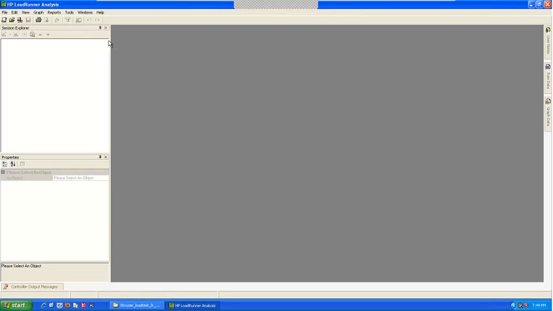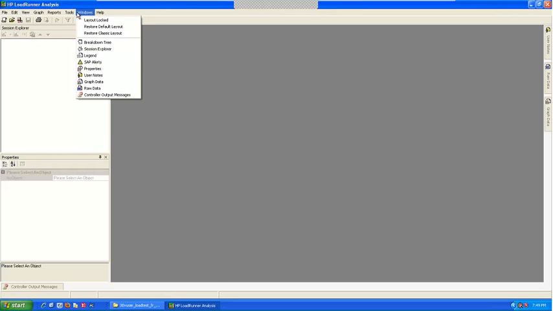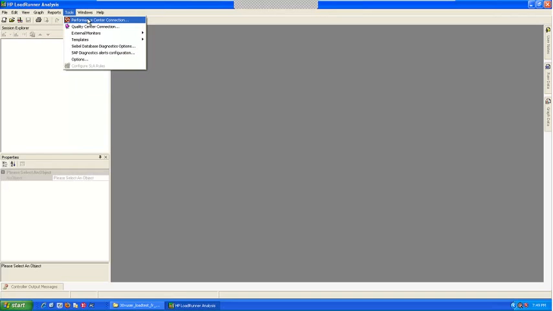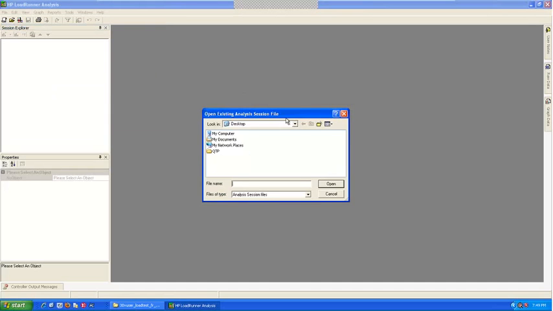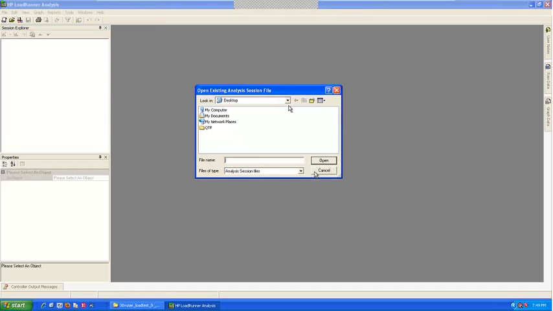Here, rest all will be disabled. You can connect to Performance Center, you can connect to Quality Center and download the result if the result is saved there. Now I'm going to open a local result. I'll say file, you can create a new result. If I say new, it's asking me to open any file. Similarly, if you say file open, it's going to give you the same window.